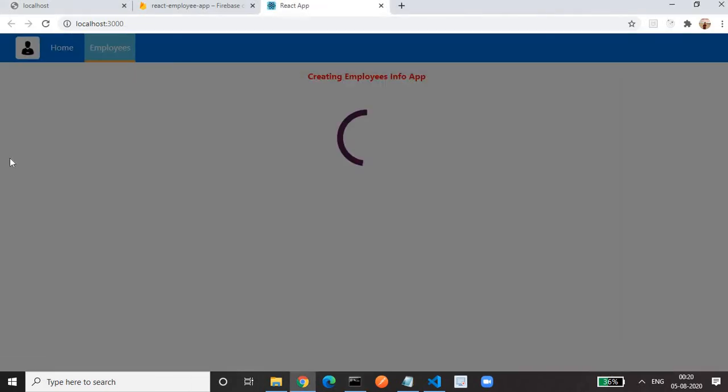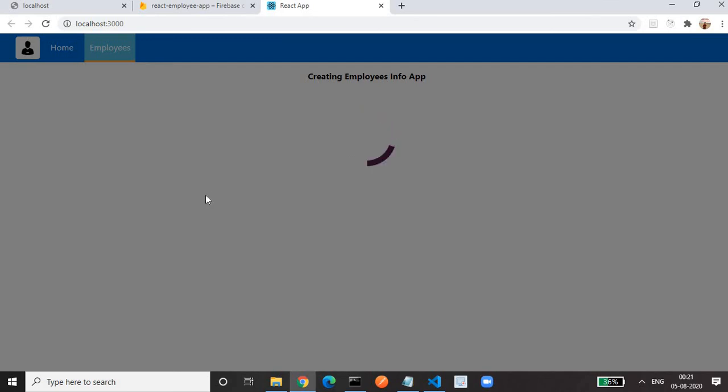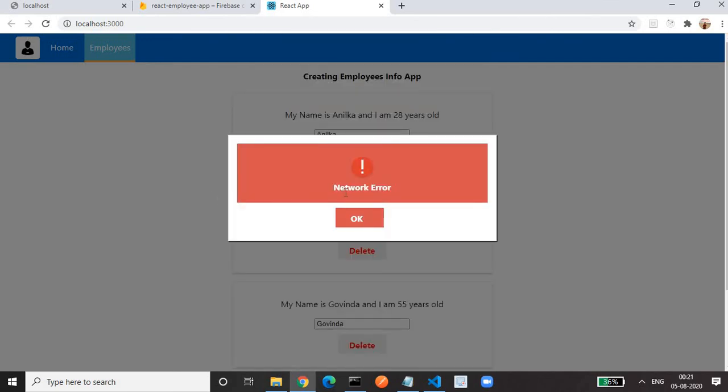So we have intentionally added some errors in the delete. Now I will try to delete this one. It will call the API, but we are getting a network error because it failed.